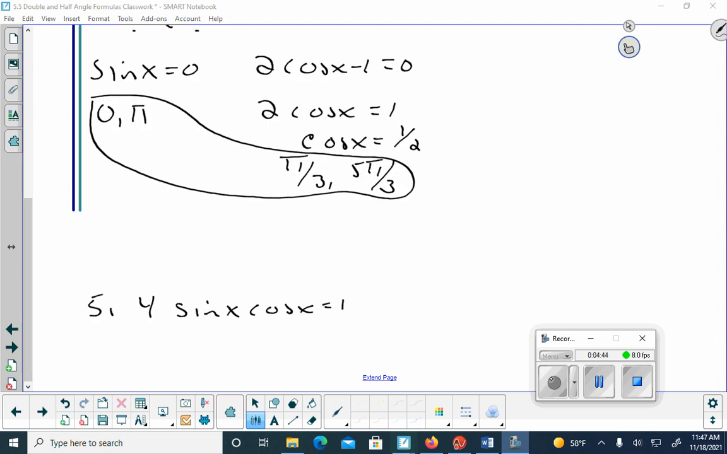Okay, for this one, I'm looking at it, and there's nothing that I can factor out. I can't factor anything out. I can't set it equal to 0 because I have that 1 over there. So what I decided to do was work it